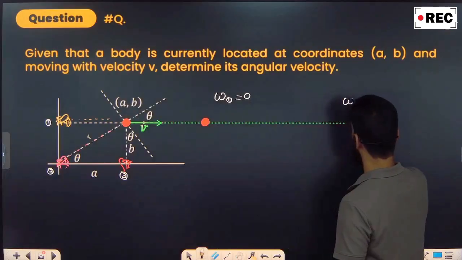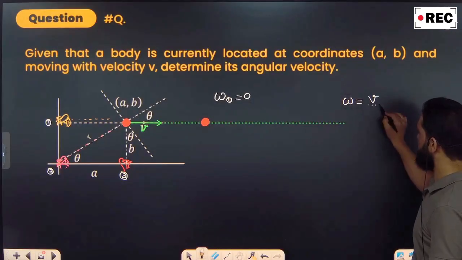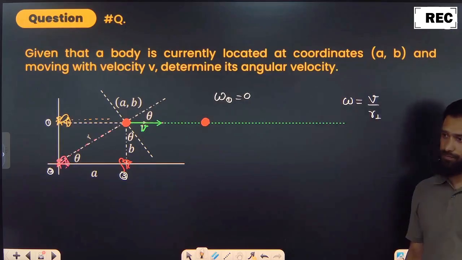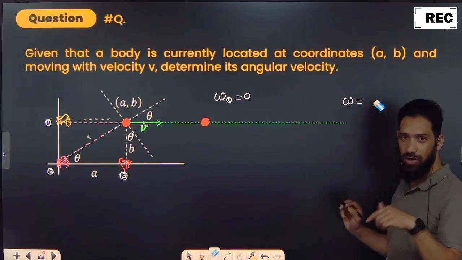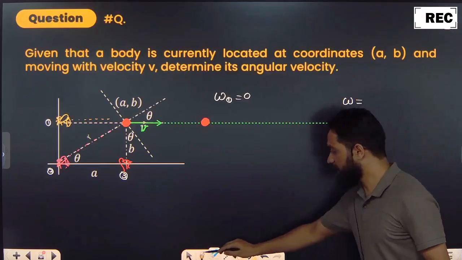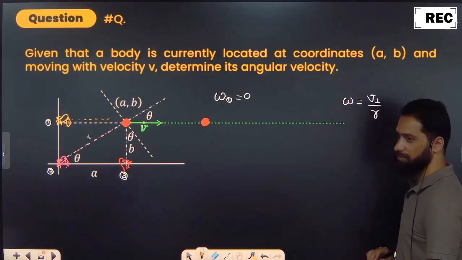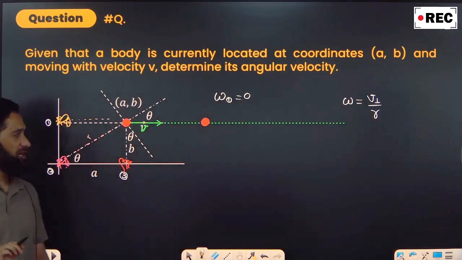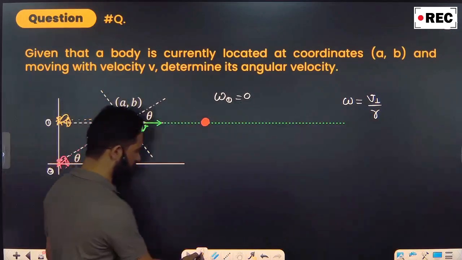Remember, whenever we have to find the magnitude of omega, you will say whatever the velocity is upon the perpendicular distance to that point. Or you can say one thing, sir, what will we do with omega? We know that omega, radius and v were perpendicular. So we'll take one thing: what is the perpendicular component of velocity upon radius? Simple. The perpendicular component of velocity divided by perpendicular distance, right? So this will give us the omega.